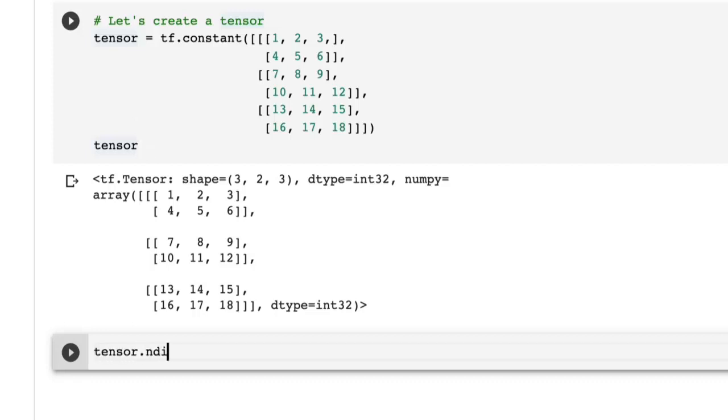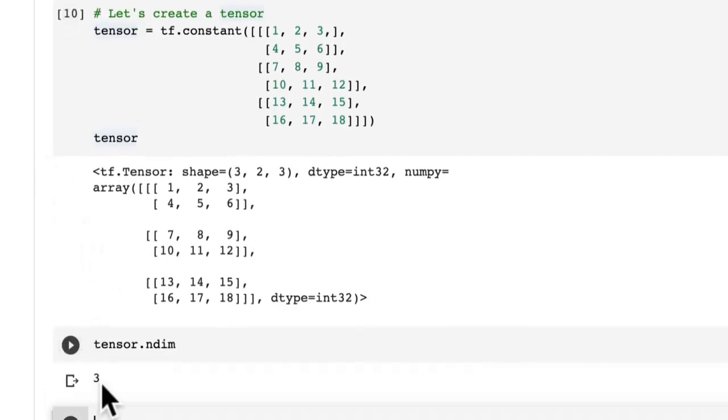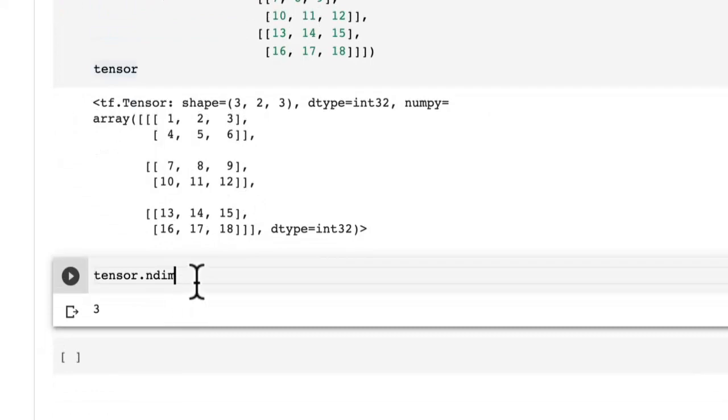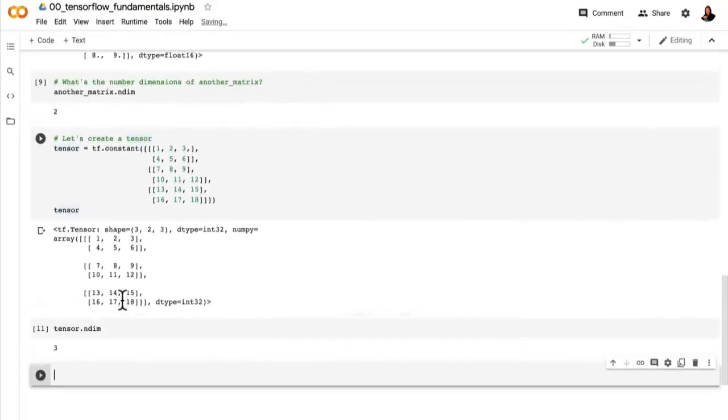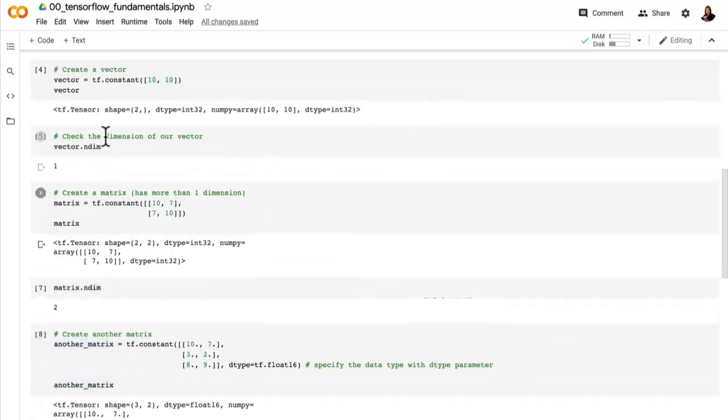I think you might know this one. Tensor.ndim. Boom, 3 dimensions. Wonderful. Now, the important thing to note is that although we've given these different names, tensor, matrix,